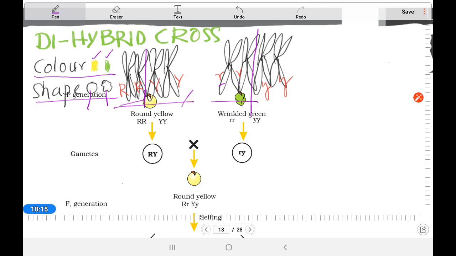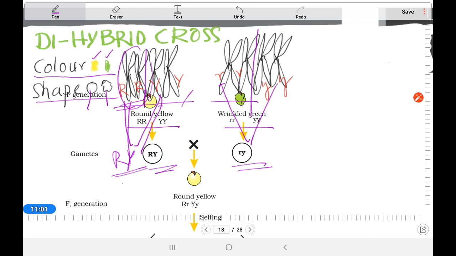All right. Now, how will gametes form? That is also very important. So here is the genotype RRYY and another genotype, rryy. How will gametes form? A gamete will not form from one set of homologous chromosomes. A gamete will form from one of each. So R and Y, this is the gamete. It means one from here and another from here. Here also the same. So this is the rule for producing the gamete.